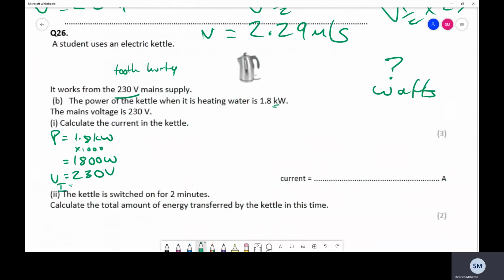Calculate the current in the kettle. I do not currently know what that is. P is equal to I times V. Rearrange this equation: I'm going to divide across by V, so I have P over V equals I. I will write 1,800 over 230 is equal to I, and I shall get 1,800 divided by 230. My current will be 7.826,